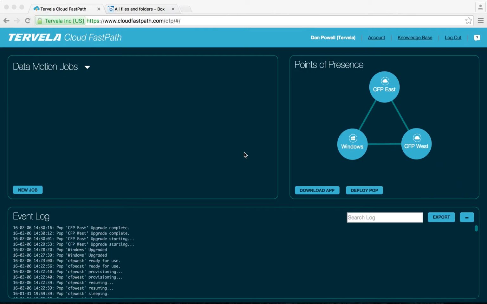Welcome to Cloud FastPath, the fastest, most reliable, most secure way to move your data where you need it to be. Maybe you're migrating to a different storage system, backing up, or synchronizing. Maybe you're moving your data from an on-premise to a cloud system, or between two cloud systems, or even among a complex array of systems. No matter what, Cloud FastPath makes sure your data is where you need it, when you need it, all